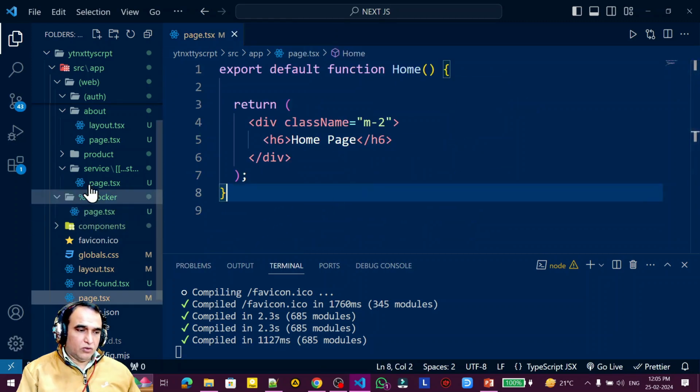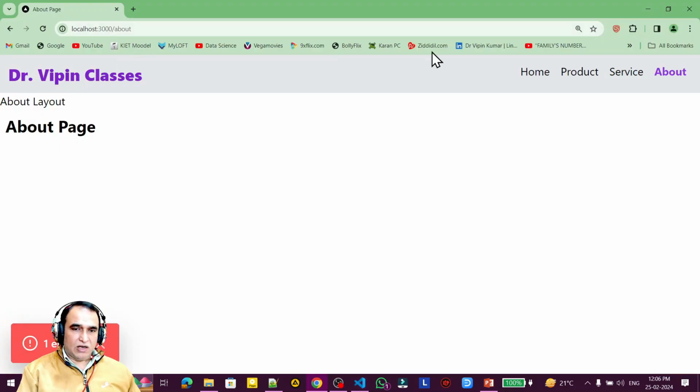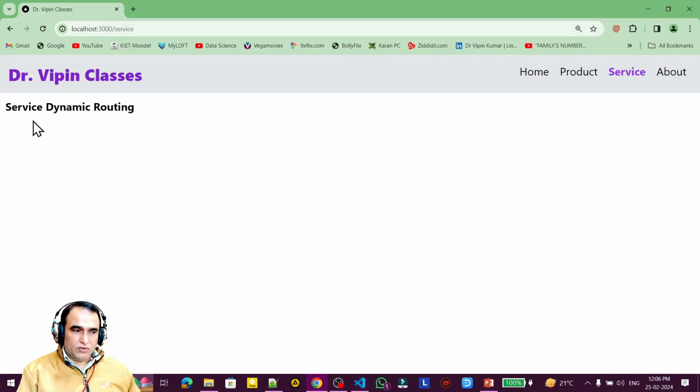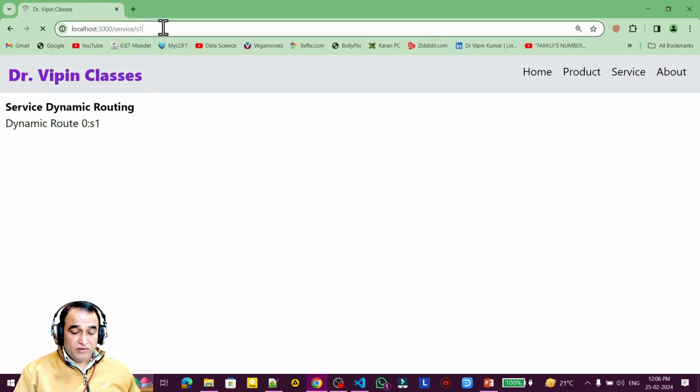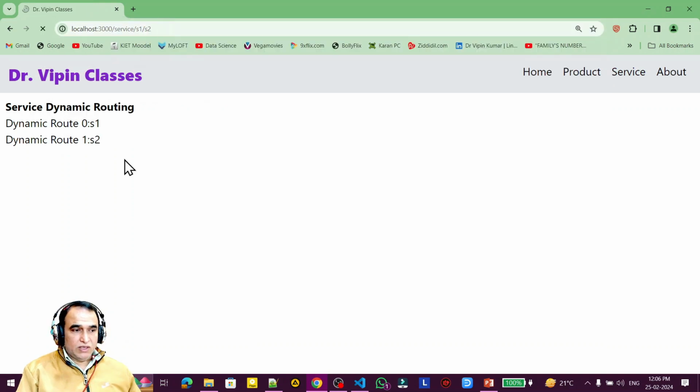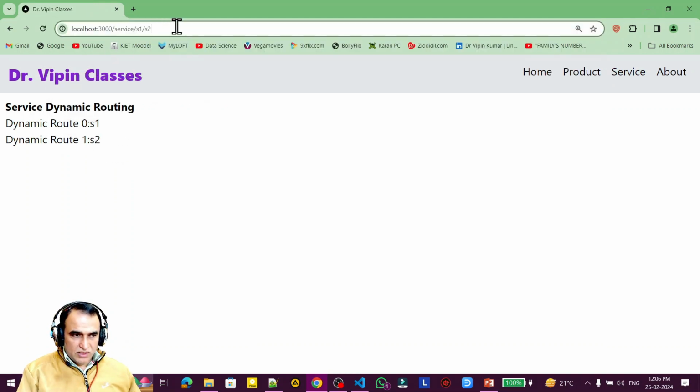Now we go to service. Under the service route, if I click on service, you see we have service dynamic routes, and under this, if I say S1, we have S1. If I say S2, then we have S2. That means the layout is changing dynamically, and on the basis of this, I want to change the